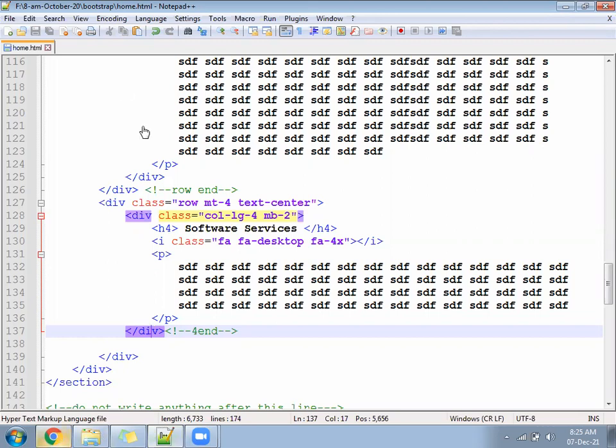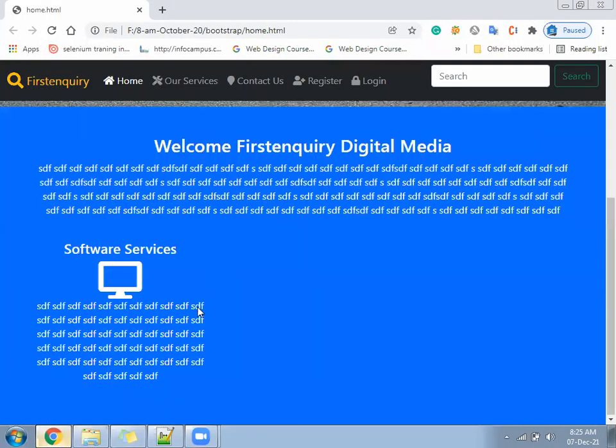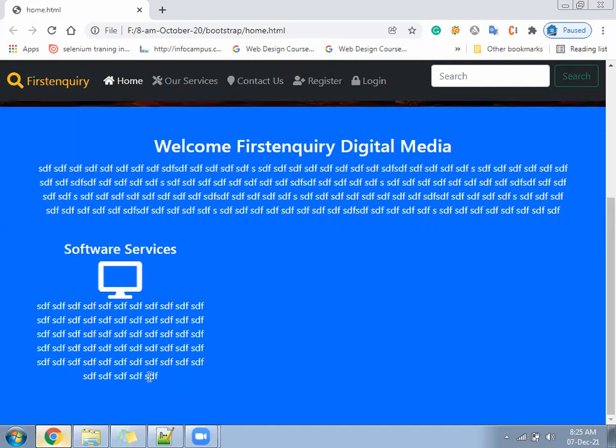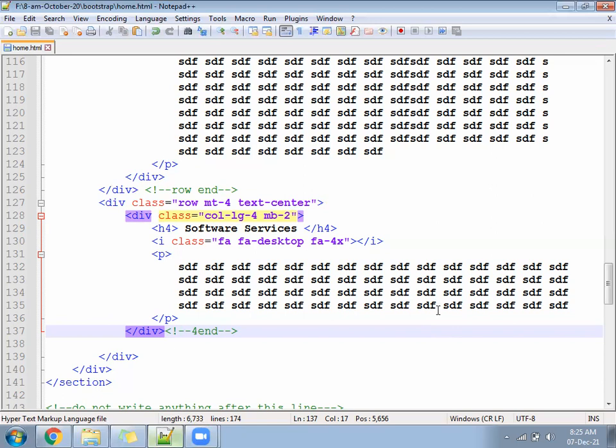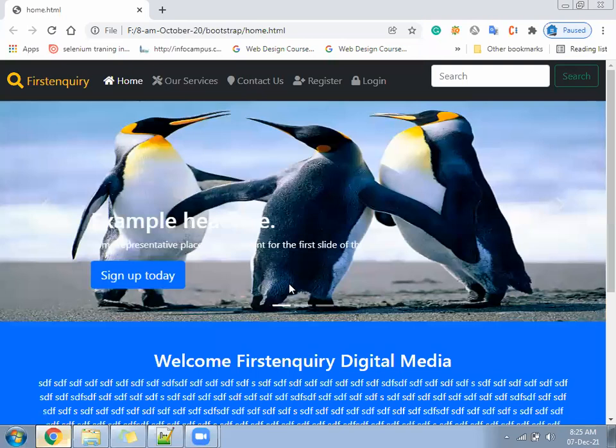Yes, no, can reply. It should be like this. The desktop icon should appear in the middle. Now suppose in my page there is a little extra line. These 5 characters are extra, so I will delete that, and then we'll save it. See how that looks again. See, it looks like this.